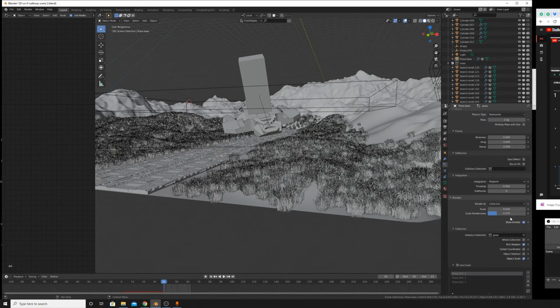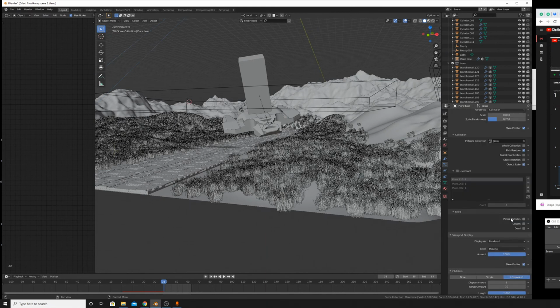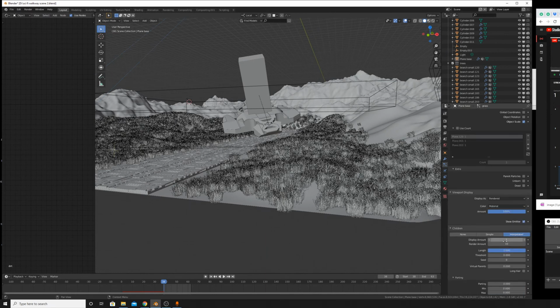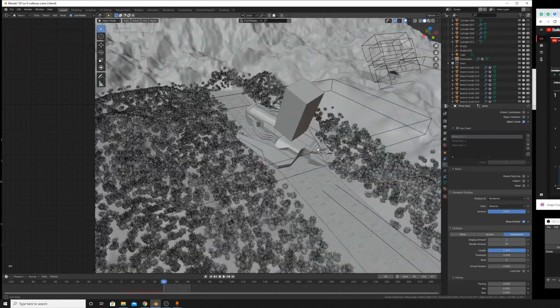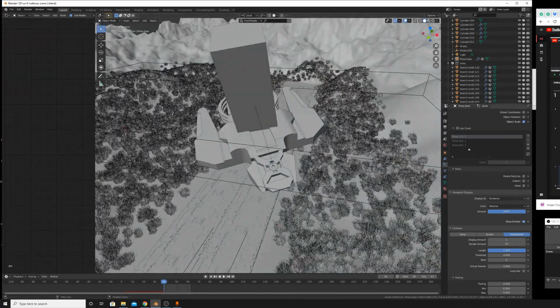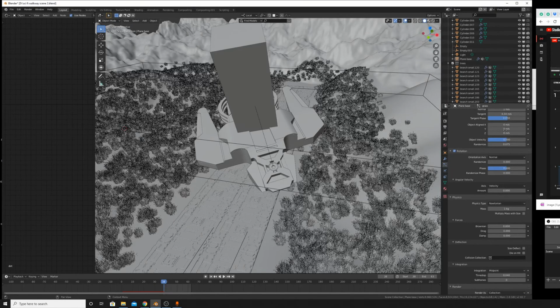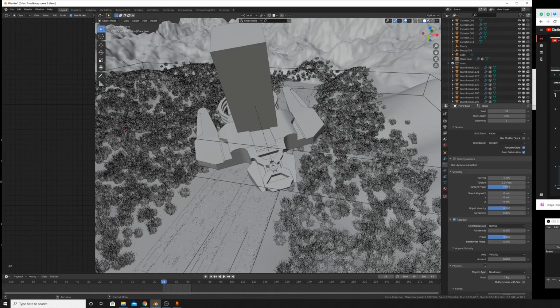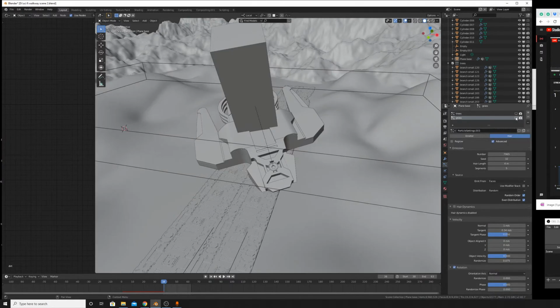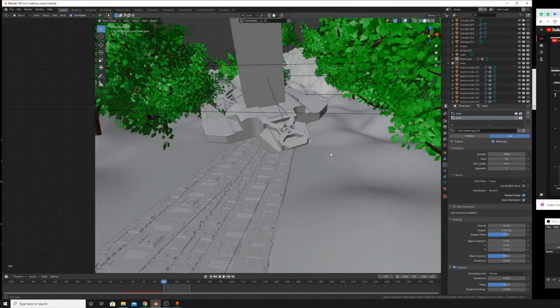Yeah, of course I don't display it all in the viewport, otherwise it will slow down my system too much, but I'm gonna just enable the trees again, and